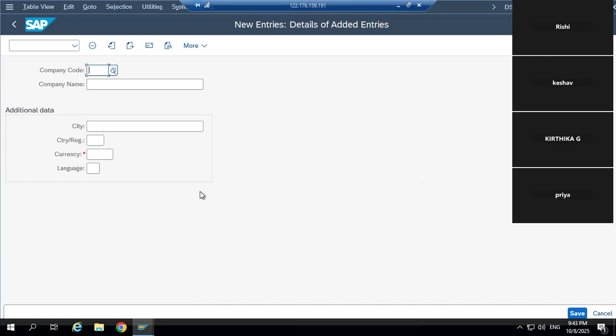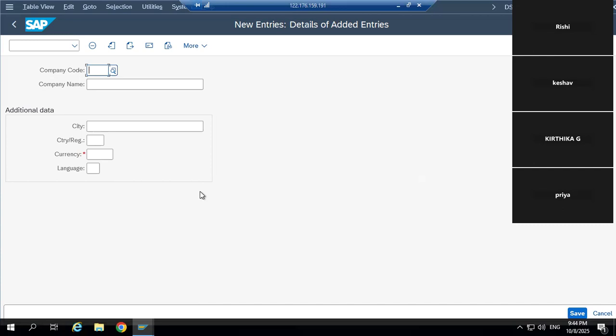These are two separate things. Not similar. This is not the code of the company. That is the company. This name is just company code. This is the branch of that company. So you can create more than one company code. Company is only one, but company codes can be more than one, maybe 5, 10, 15.